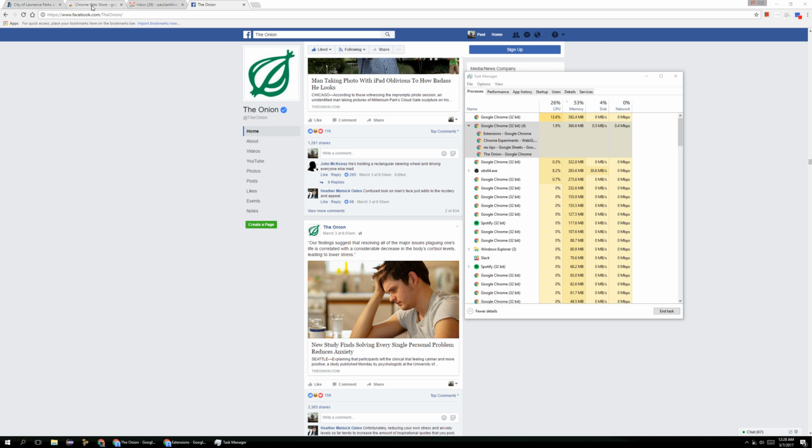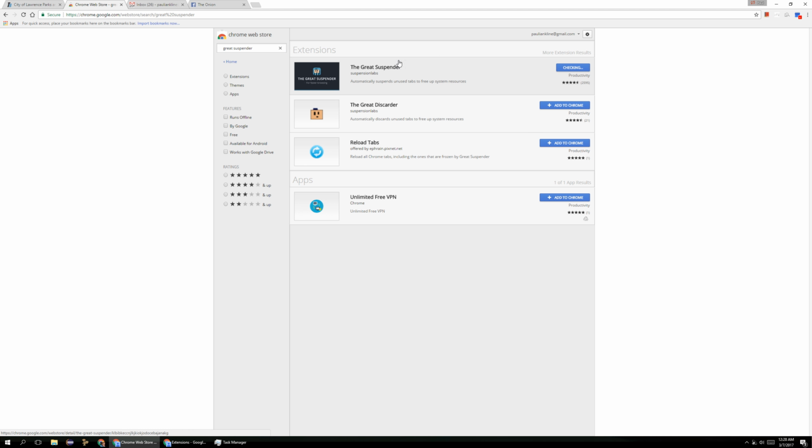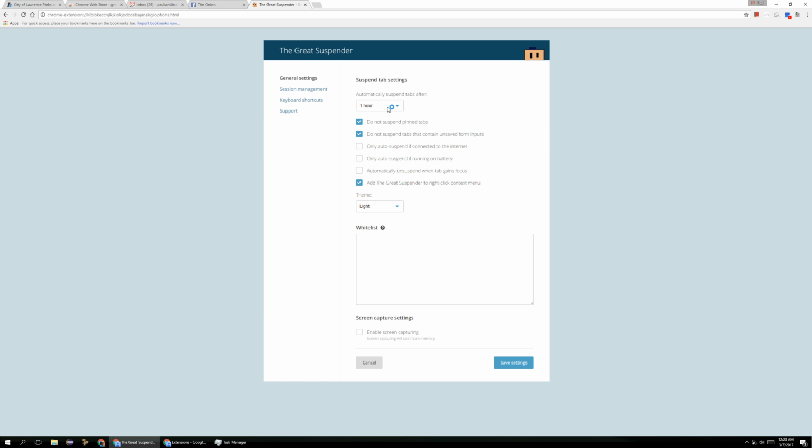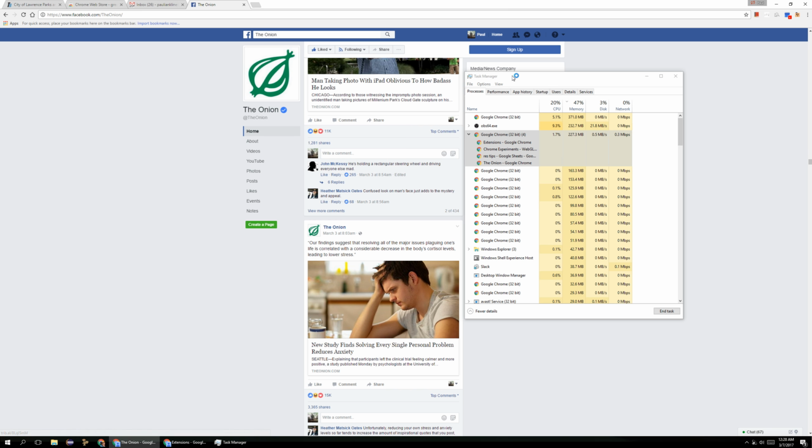So there's a nice tool to help us manage all the tabs that we're not currently using. And it's called the Great Suspender. I'm going to add it to Chrome. And what this does is if you don't interact with a tab for whatever length of time you specify, let's say an hour, it will automatically suspend that tab for you. That's like pushing the pause button on it. It doesn't close it, but it will no longer consume the massive amounts of memory that it was just sitting in the background. So let's save the settings,